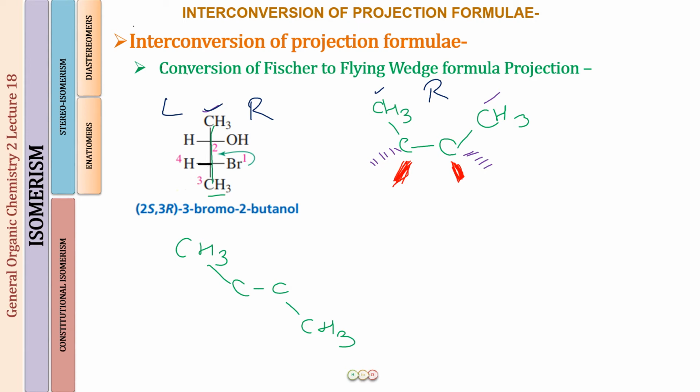So here what do we have? We have a hydrogen, right? So hydrogen I will be putting on the dash, and the OH I will be putting on the wedge. Okay, and the next carbon, again this is on the left side of the line of the main carbon chain, the chain which we have in the plane of paper. So again we have hydrogen on the left side, so we will be putting that on the hash, and we will be putting the bromine on the wedge. So this is how the structure gets completed. Okay, now let us make the next structure also.